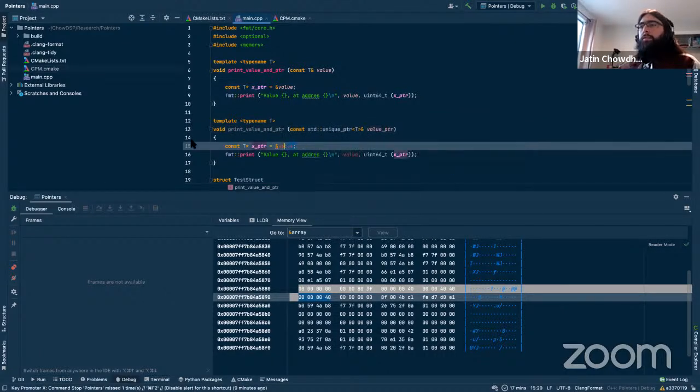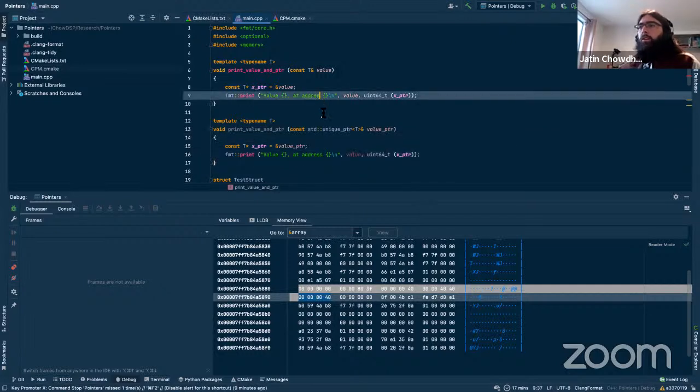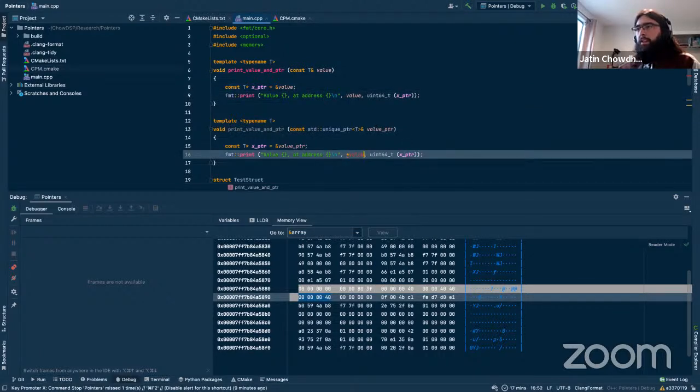And so, let's see. How do I want to do this? I want to print three things. I want to print the value itself, right? So I can do that pretty easily. Then I want to print the address where it lives, right? And so that will be,